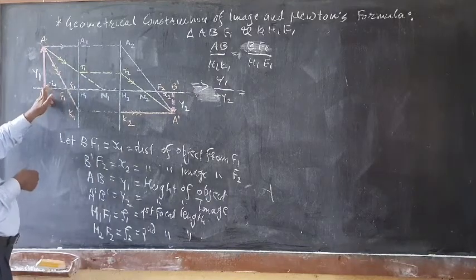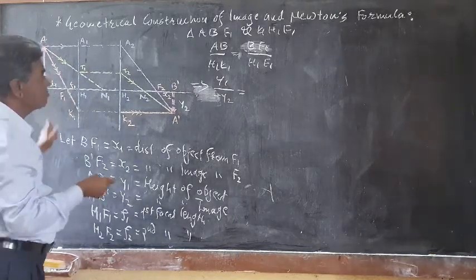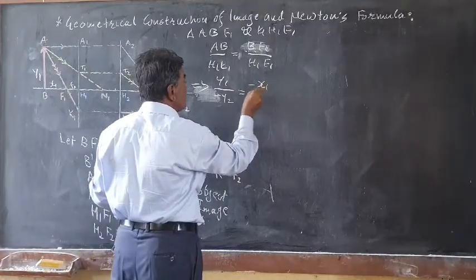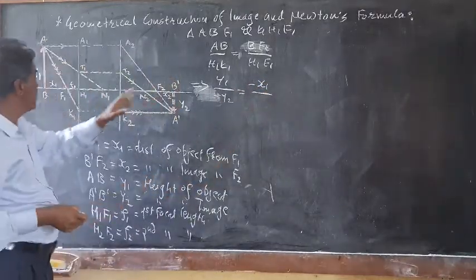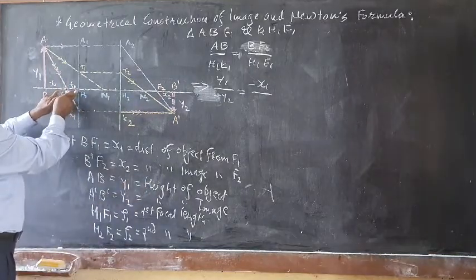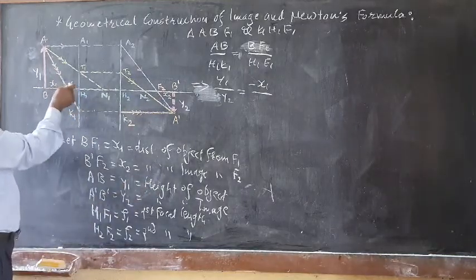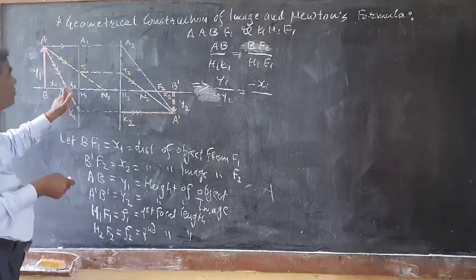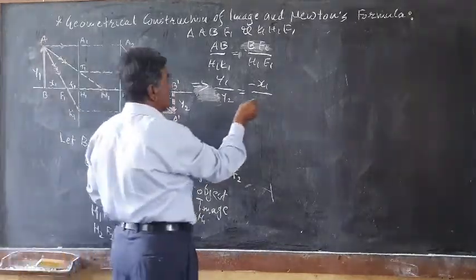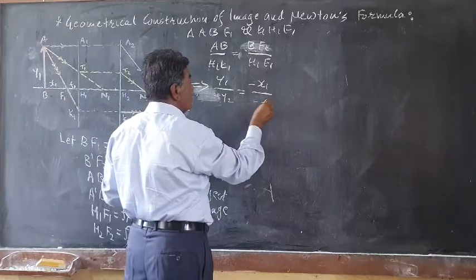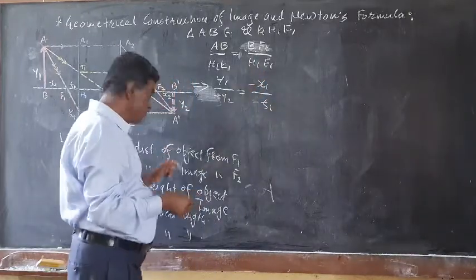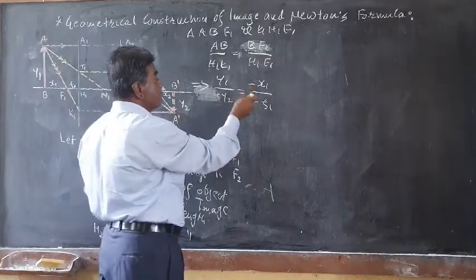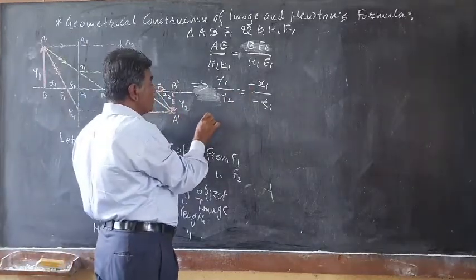So this will be, according to sign convention, minus x1 divided by h1 f1. This distance f1 lies to the left of the optical system, and it is measured opposite to the direction of the light. So this will also be minus f1. h1 f1 is nothing but the first focal length of the lens system, and therefore we can write it. So minus becomes plus. So finally we are getting here